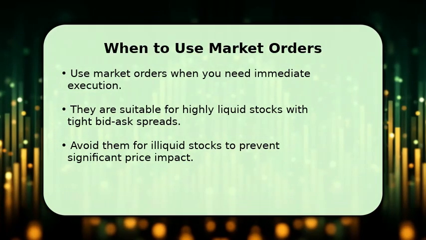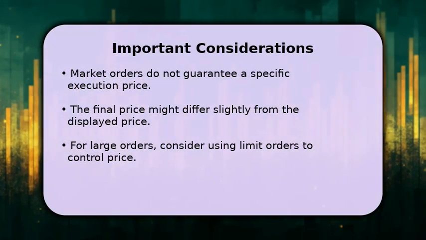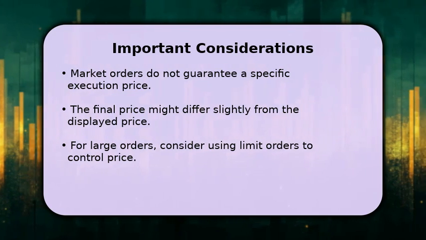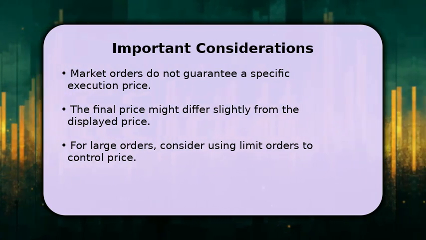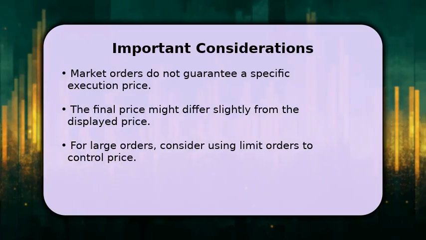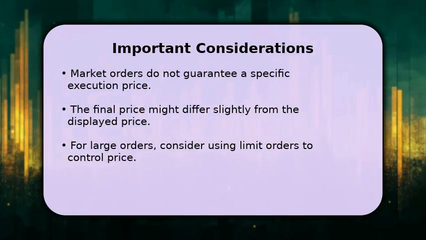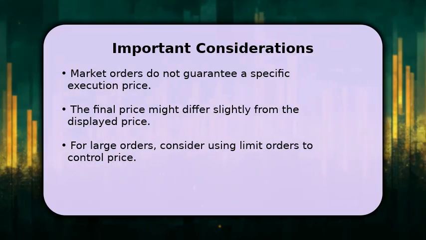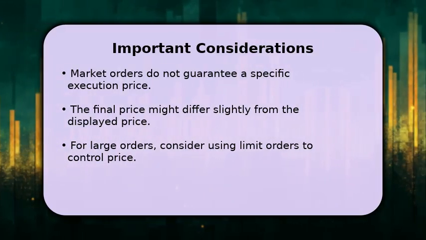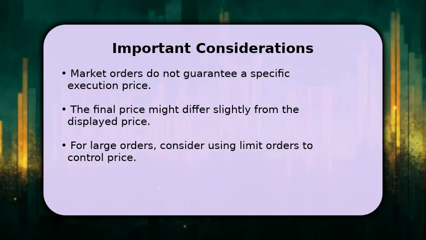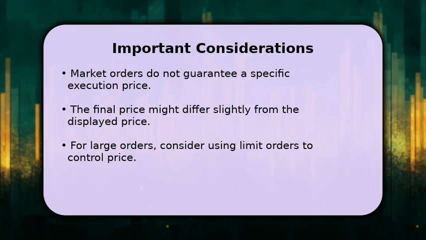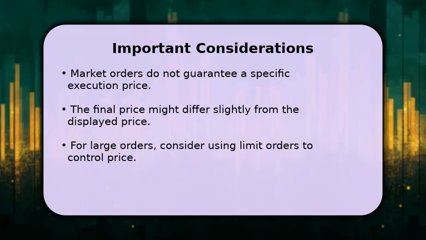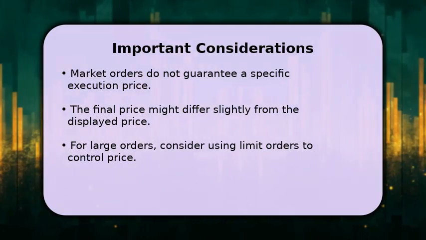caution is advised. It's vital to remember that a market order does not guarantee a specific execution price. The price you see when placing the order might not be the exact price you receive, especially during periods of high volatility. For larger trades, or if you need to ensure a specific price, a limit order might be a more suitable choice, as it allows you to set your desired price. Always take a moment to carefully review all your order details before hitting that confirm button to